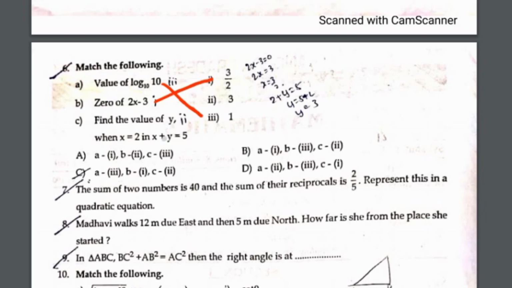And find the value of y when x is equal to 2, then x plus y equal to 5. You can see here x plus y is equal to 5. In the place of x she has taken 2. By transposing, 5 minus 2, then y equal to 3. So the first answer is 3, the second answer is 1, and the next one is 2. So option C is the right answer for this question. Okay, and the next